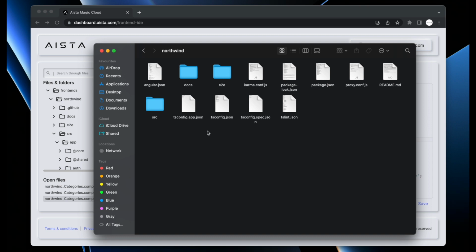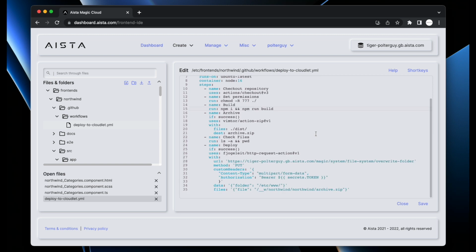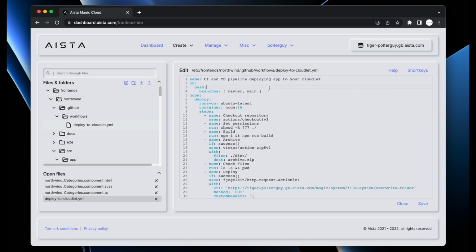I can't actually see it here because it's a hidden folder, but if you see here on GitHub /workflows/deploy to cloudlet YAML, then actually this is CI/CD integration, implying if I push this to GitHub, then this is a GitHub workflow action, implying it will automatically deploy my front end to my cloudlet every single time I push towards the master or